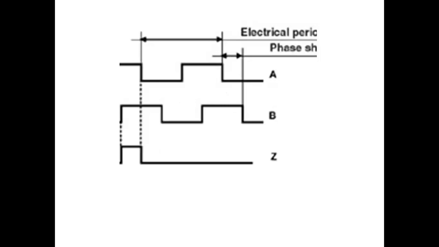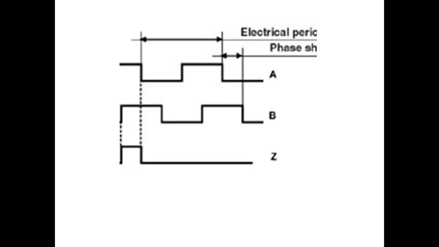This is the output of an optical encoder, with phase A, phase B, and phase Z. When a disk with an optical pattern revolves along with the shaft, the light passing through the slits is transmitted or blocked accordingly. The light is converted into an electrical current in the detector elements corresponding to each slit, and the output is two square waves.